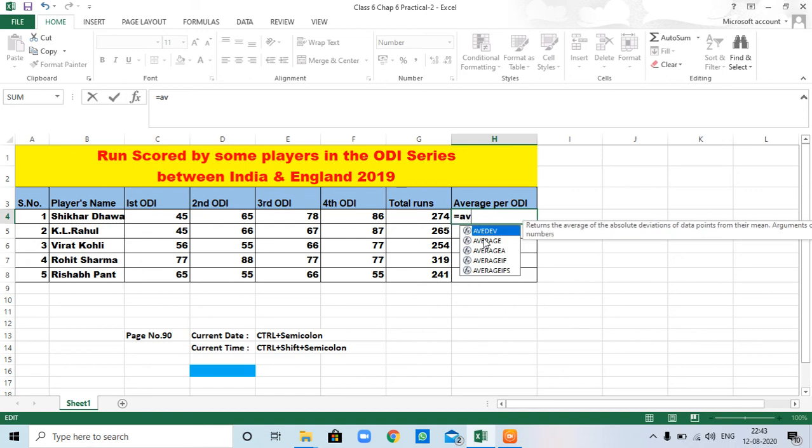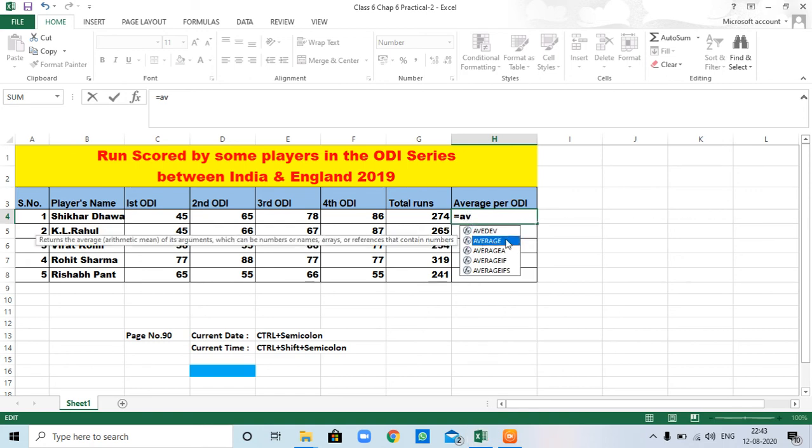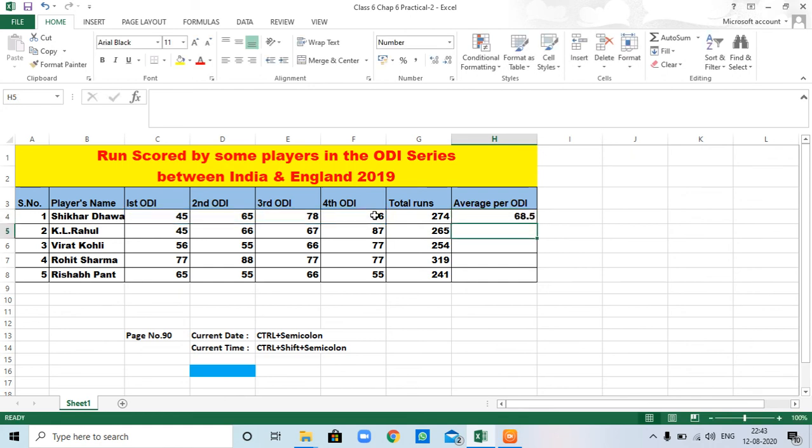These are the options. Click on the second option, then select the range C4 to F4, C4 colon F4, bracket closed, then press enter. This one is the average.